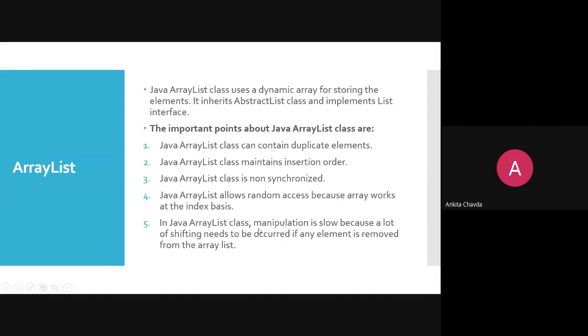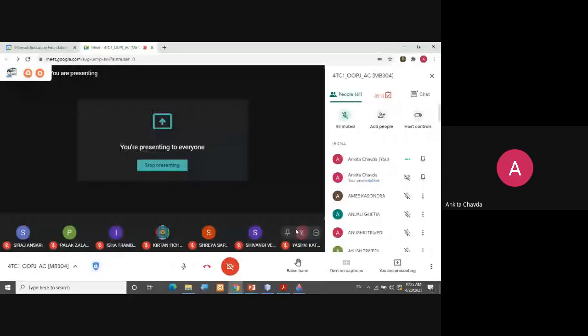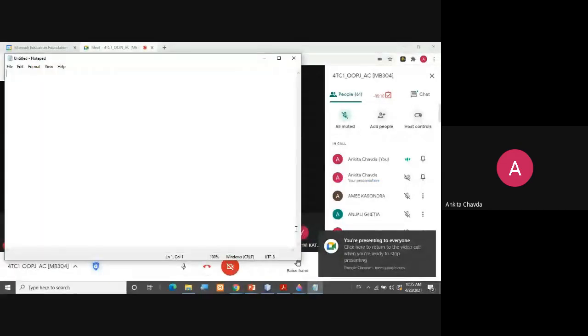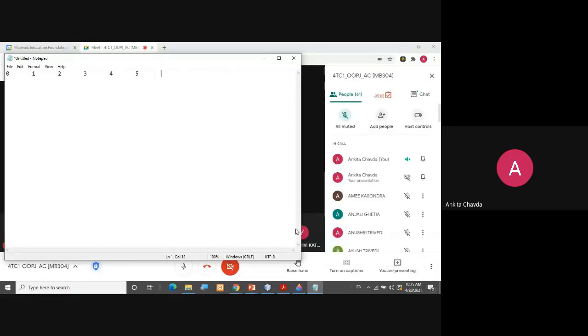Then the ArrayList class manipulation is slow. Why? Because lots of shifting is needed if any element is removed from the array list. Means what? Suppose the indexes are 0, 1, 2, 3, 4, and 5, right? And some elements are added: 10, then 20, then 30, and so on.